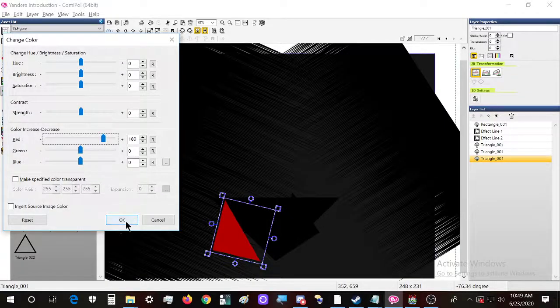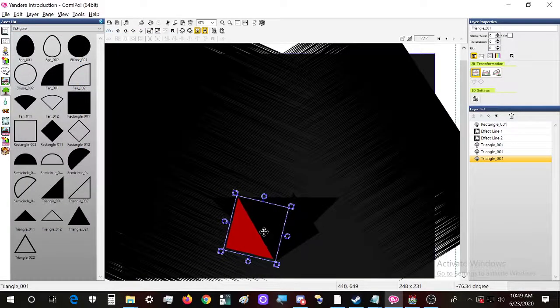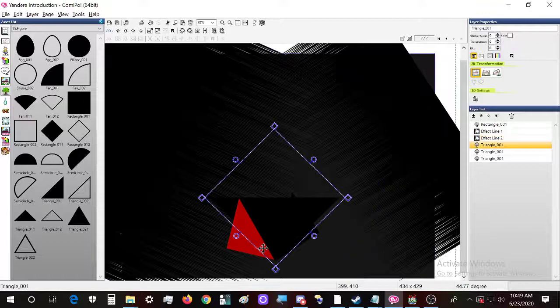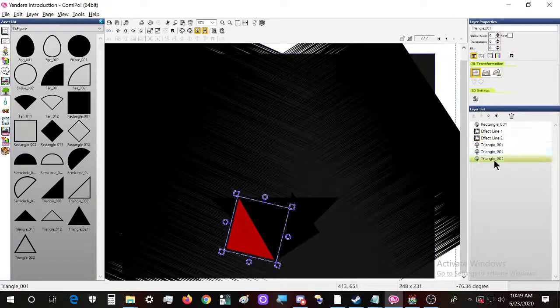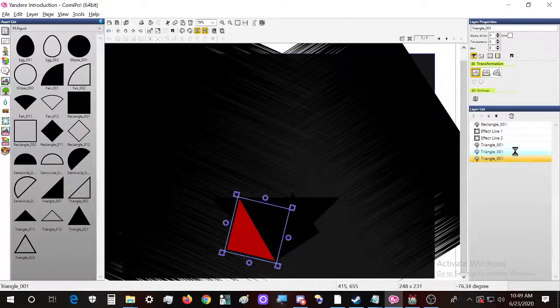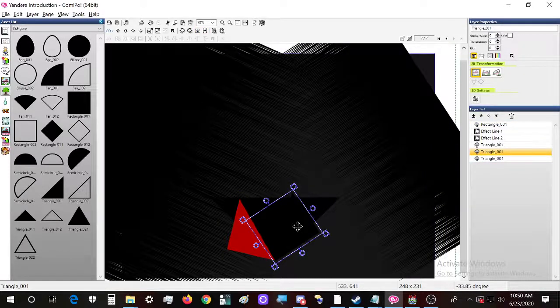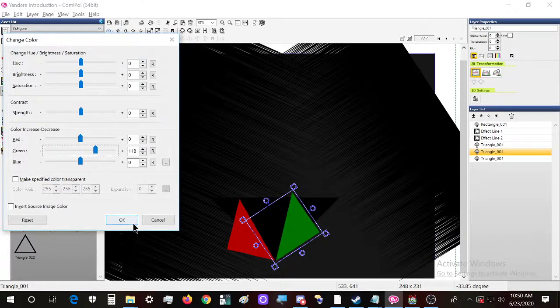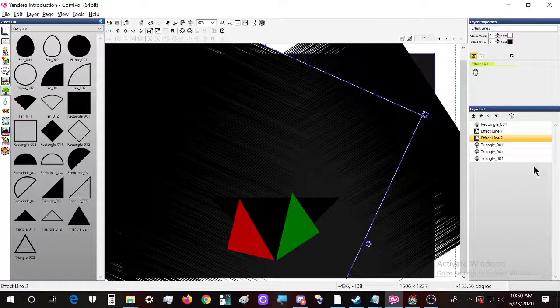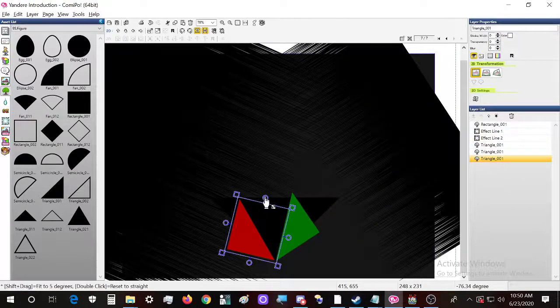Let's change the color a bit so that we can actually see it, and it should be around here. Nope. It should be even a bit lower. Okay, let's make this one a bit different so that we can also see it. And now that we can see, the angles are kind of wrong in a way.